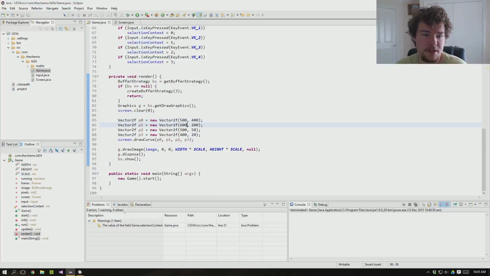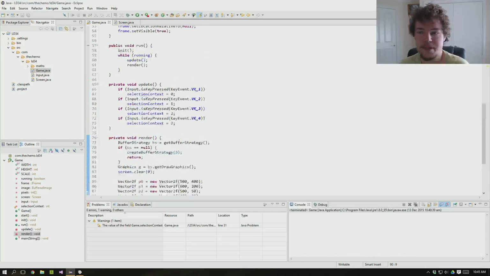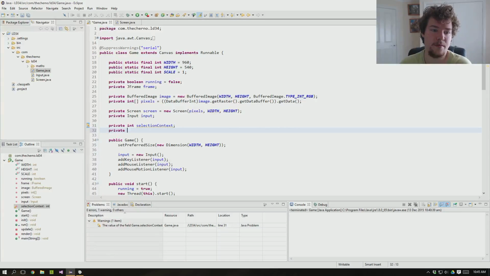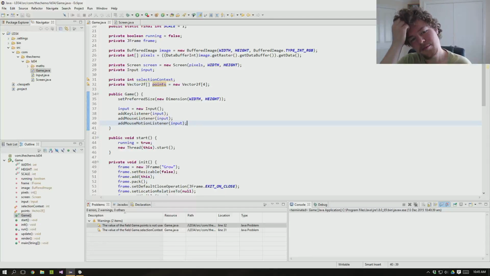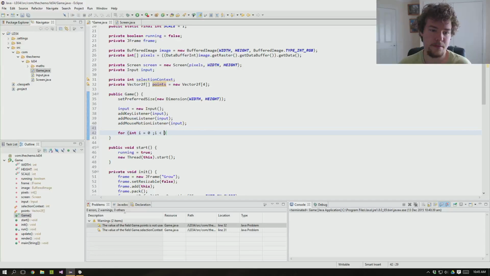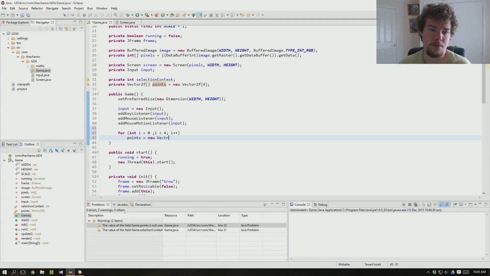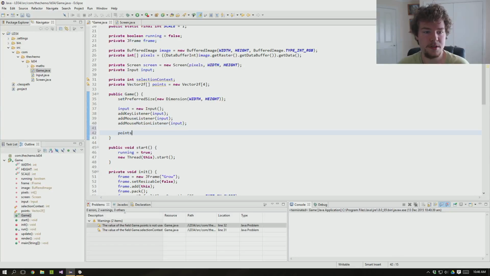So we've got some selection context stuff now. This actually does need to become an array though. Points. Are they all going to be null by default? Or do they get... I don't even know, it's Java. We'll have some sensible defaults here. So